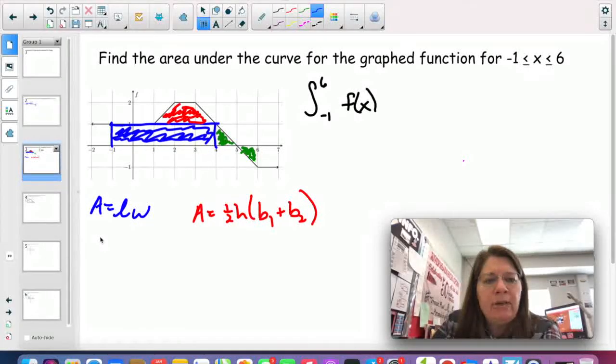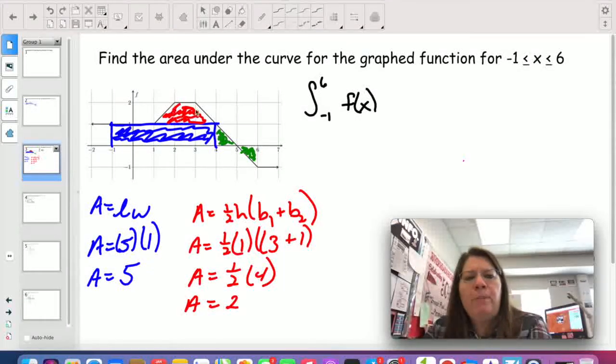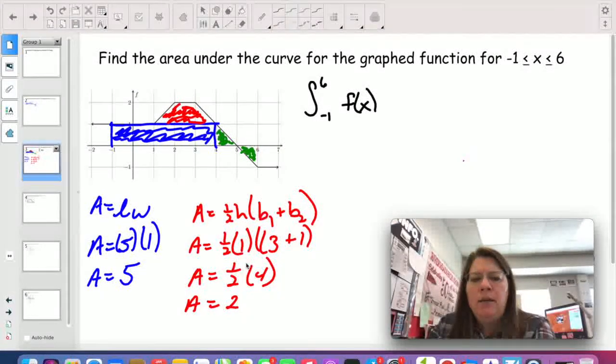So for the rectangle, the length is 5. And the width is 1, so that means I would have area equals 5 times 1, or 5 for the blue section. And then if I consider the trapezoid, the area of a trapezoid is 1/2 times the height. The height here is 1, and then the bases are 3 and 1, so we've got a 3 plus 1. So 1/2 times 4 is going to give us 2. To get the final answer here, we would add 5 plus 2. So the area under the curve here would be,